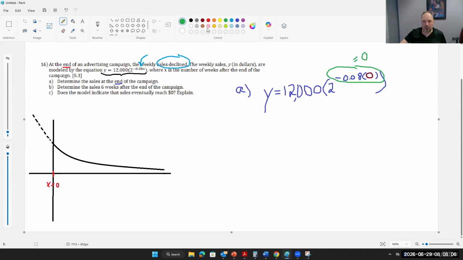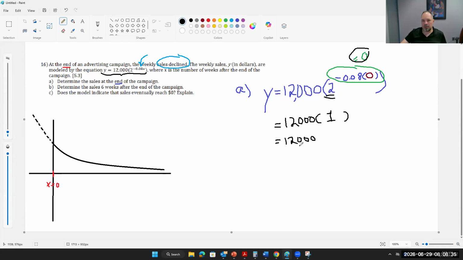And then you'll want to remember that anything to the 0 power is 1. So this is 12,000 times 1, which is 12,000. So the answer to part A is just 12,000,